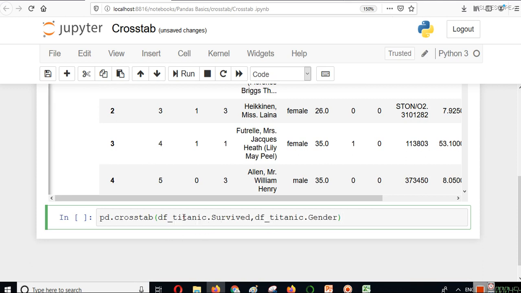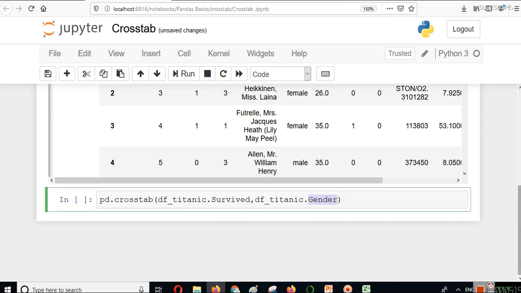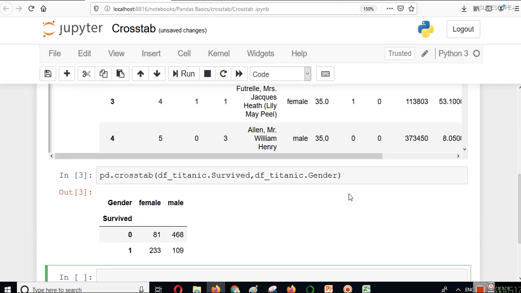From df_titanic, the first column that I have chosen is survived, and the second column that I have chosen is gender. I want to see the ratio of male and female to survived or not survived. For that we can use this type of cross tab, and let's execute this.